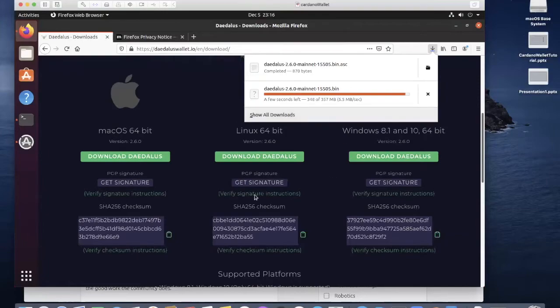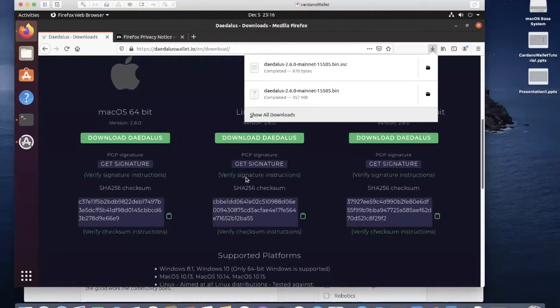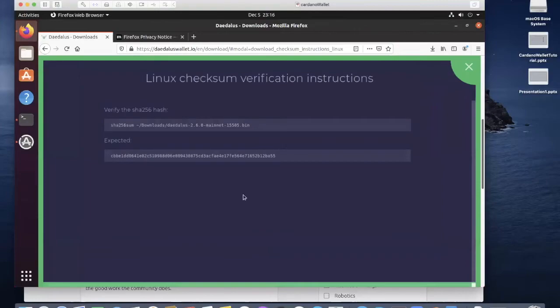If you click on these instructions here, they lay out step by step how to verify the PGP signature, how to verify the checksum. We are going to do both here. So to verify the checksum, I'm going to use sha256sum, and just copy that command, and that is the expected output there. So if we now go to the terminal window,